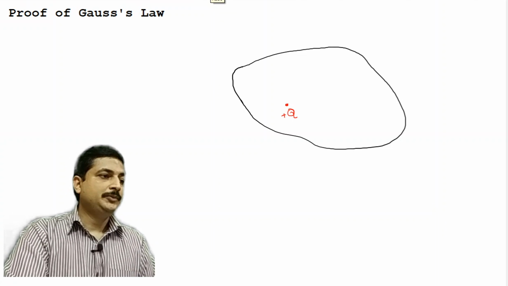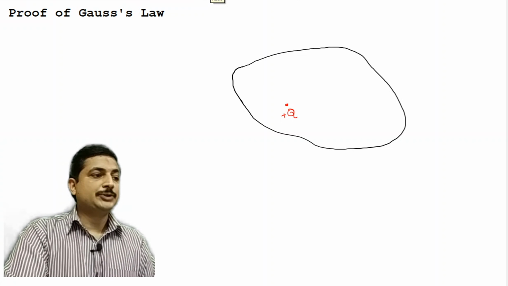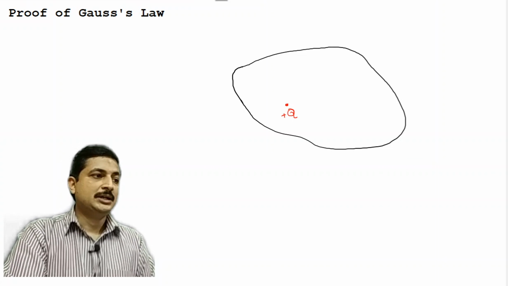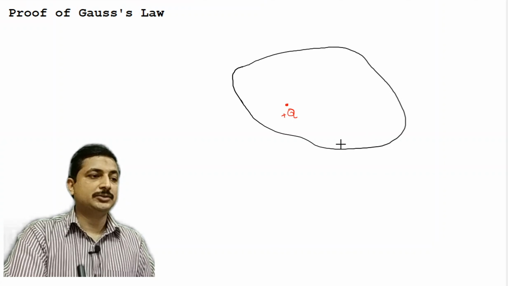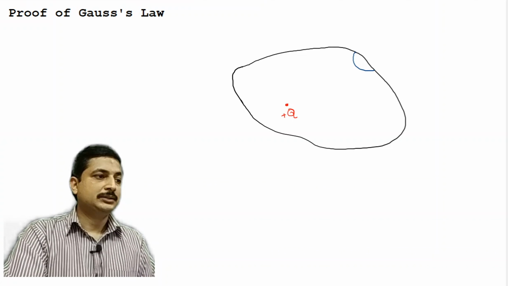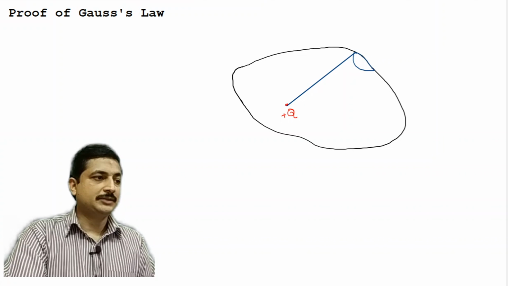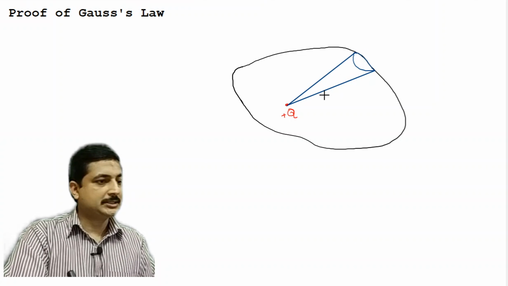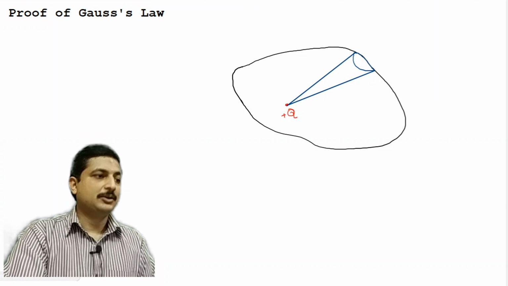Now what I need to do is find the total electric flux lines coming out of this closed surface, right? Electric flux lines will be coming throughout the surface, but for explanation purpose I will be considering a portion of the surface. Maybe this portion of the surface. Now this is ds, right? This portion of the surface. From plus q I will draw two lines to this to get a feeling that this is a cone structure, like from plus q you are projected onto the surface of the closed surface.